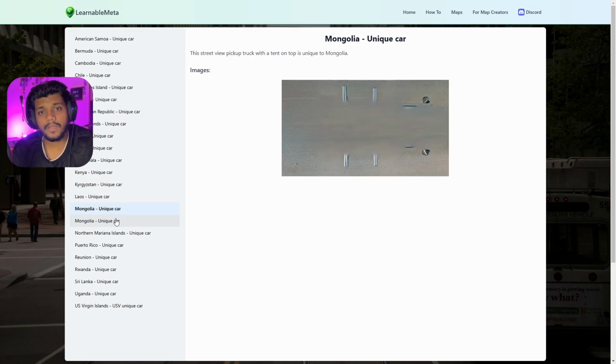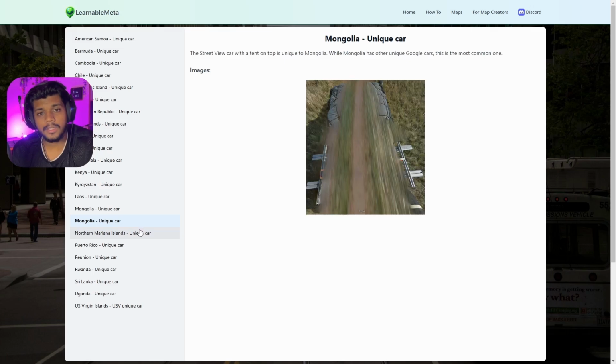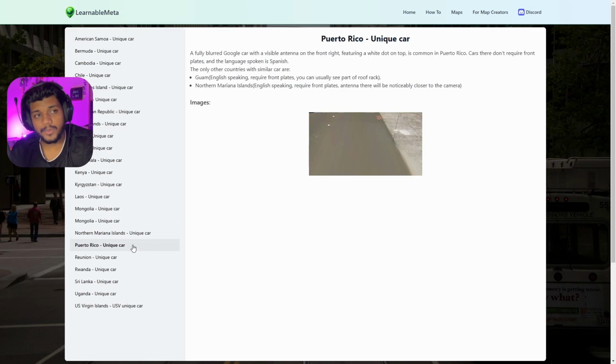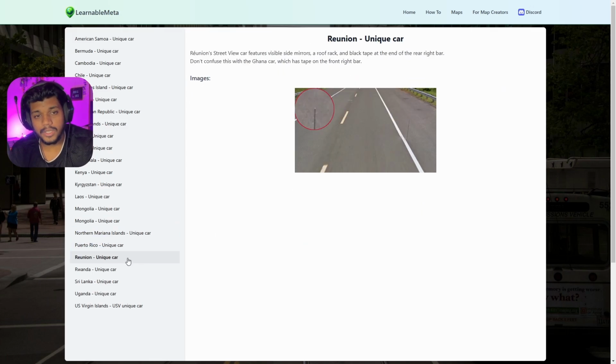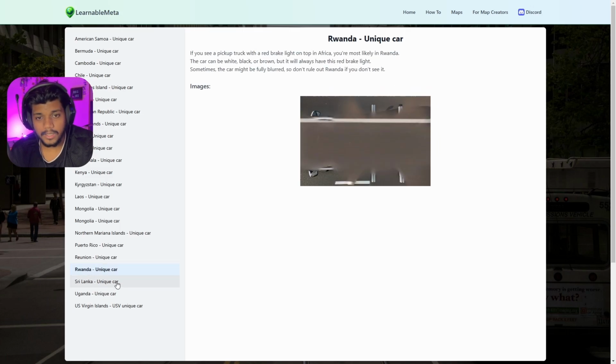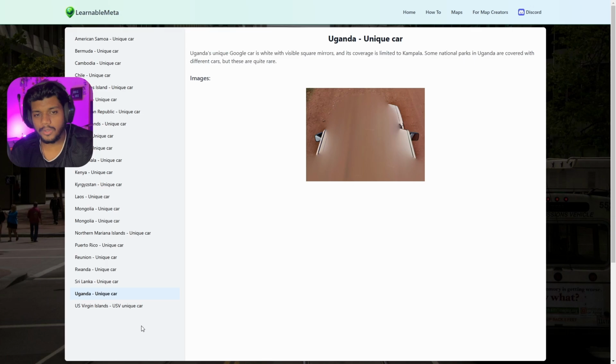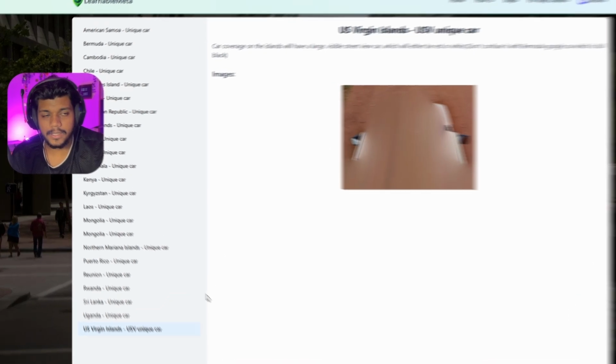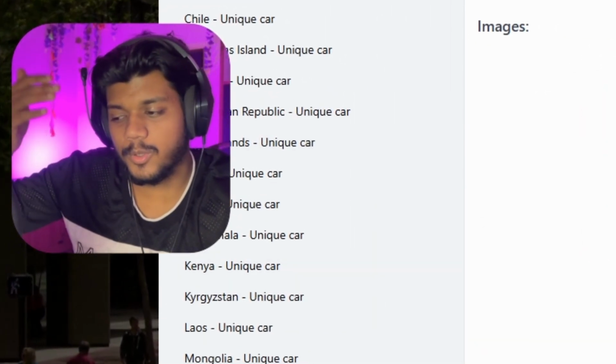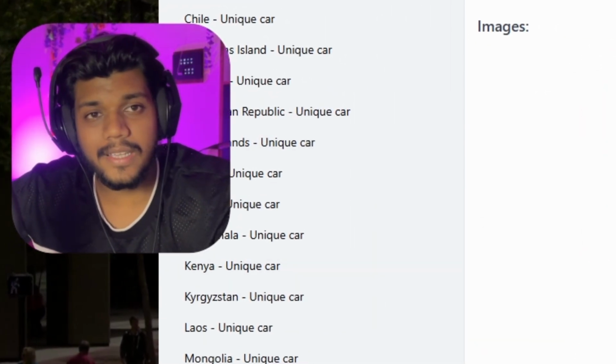Mongolia, Northern Mariana Islands, Puerto Rico, Reunion, Rwanda, Sri Lanka, Uganda. We didn't study the Uganda car, but you can see Uganda car will just have mirrors visible on it, okay? US Virgin Islands. We studied all the cars and I'll provide the link of this meta list in my description